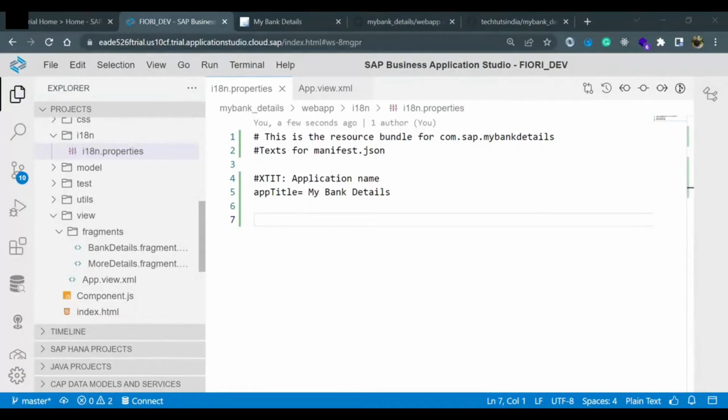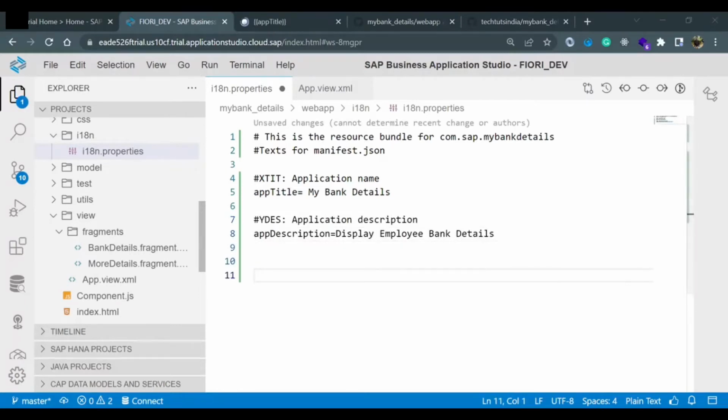Now the application description you can write if you want. Anyway, it is not required because we are not displaying it anywhere else. Because it will be there by default, I just copy and paste it here. Now, if you see the